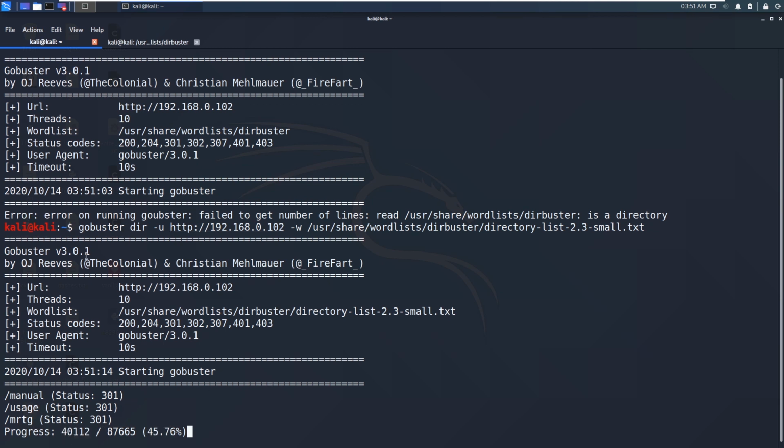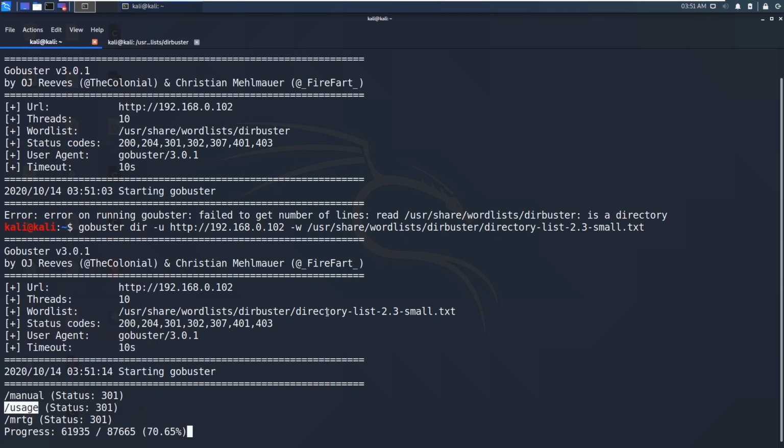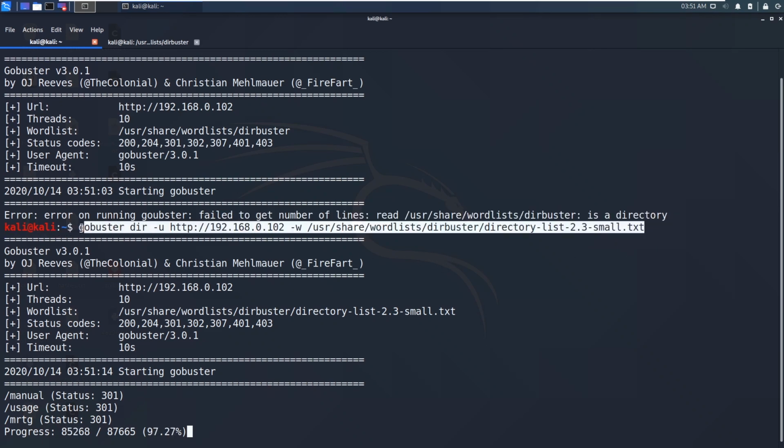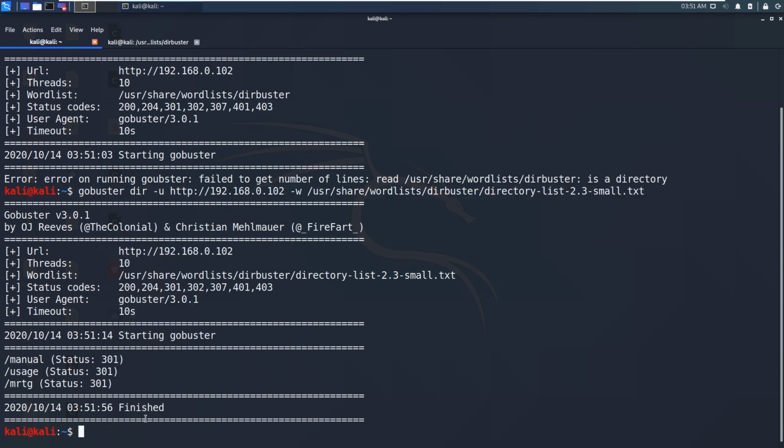One thing you need to know is anyone can run this GoBuster syntax, but after getting these directories, you need to copy them and do the brute forcing from that directory onwards. That means you need to copy this one. Okay, so my scan has been finished.